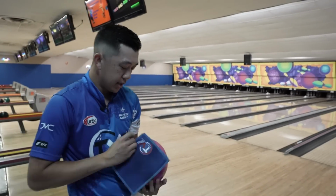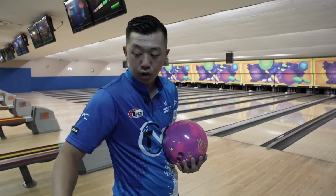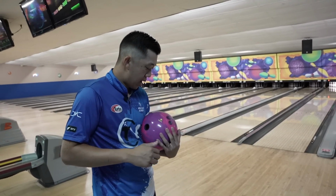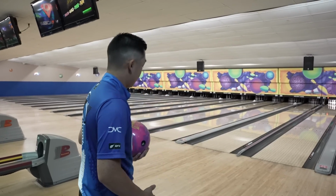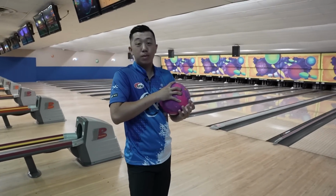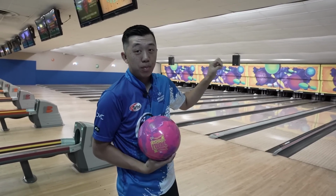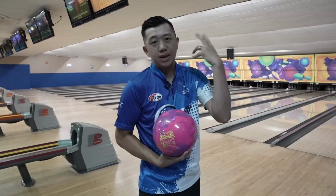So you got your balls like Summit Peak, which have the clean cover, but still have a similar core to this, low RG, very high diff. This one's got the stronger cover, low RG, high diff, but it's not asymmetric, obviously, like your exotic gem, harsh reality pearl, balls like that. So this is one that I would really like to throw, say after like a good amount of urethane has gone down the lane. This ball's still gonna clear that front portion of the lane because it is a pearl, it is shiny, but it having that nano, it's gonna pick up before we get to the carry down a little bit better than say a ball with a cleaner cover like the Idol Pearl, Summit Peak, Zen Gold label,